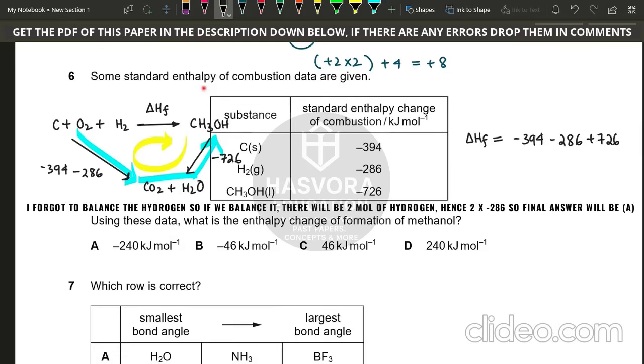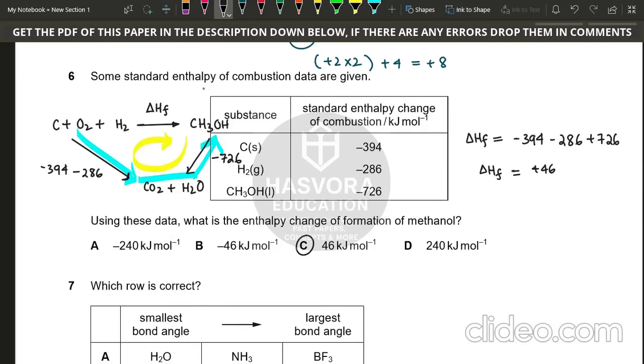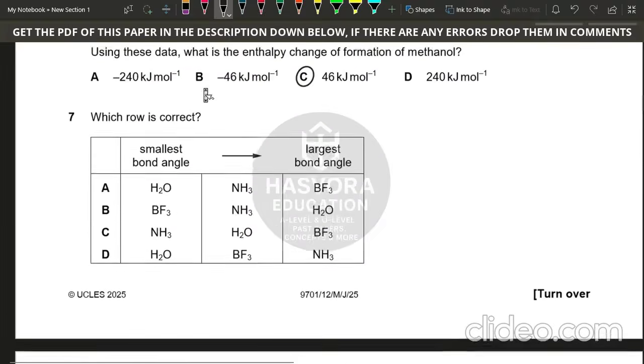So let's see what is the answer. -394, -286 and plus 726, so it will be plus 46. So delta HF, or the delta H formation of methanol, is plus 46. So this is the answer, C part. Let's move on to